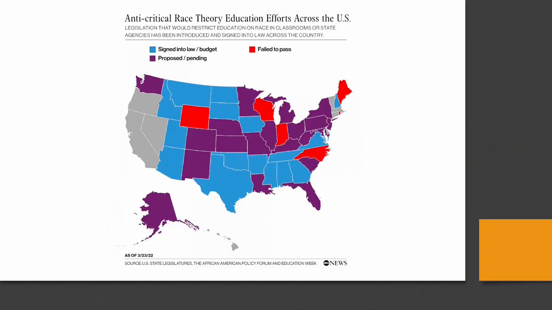And then, last but not least, a huge anti-critical race theory education model that we're dealing with. So there are over 36 states that have either enacted or attempted to enact legislation that would limit or outright deny the teaching of race in classrooms, and in certain states that is specific to the teaching of history. So the history of peoples of color, but specifically the history of Black people in the United States, of people of African descent. So again, part of the big push and part of really the culture wars.